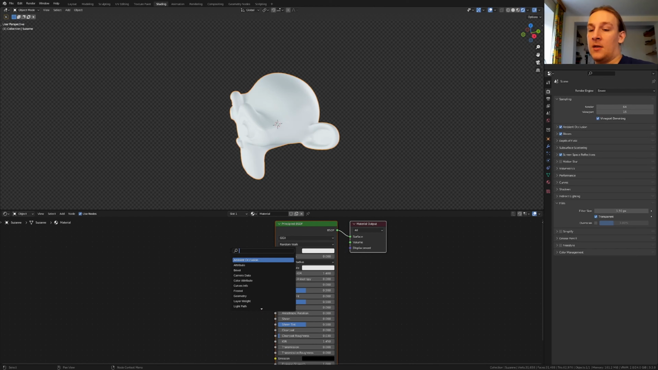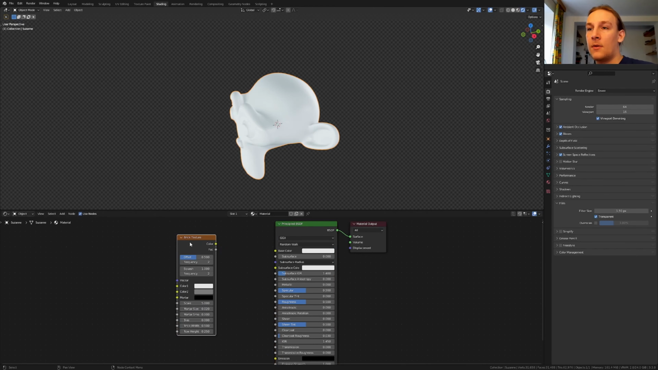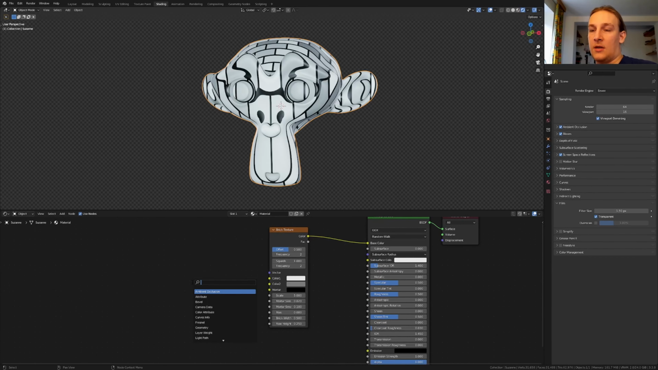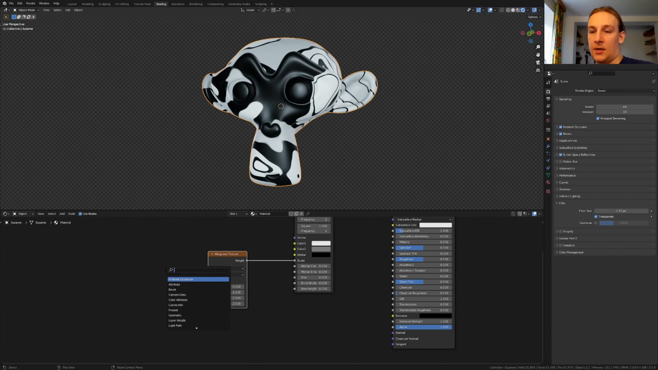Hit Shift A and add a brick texture. Put that here and plug the color into the color. Add a mask wave texture and plug the height into the scale. Add a Voronoi texture